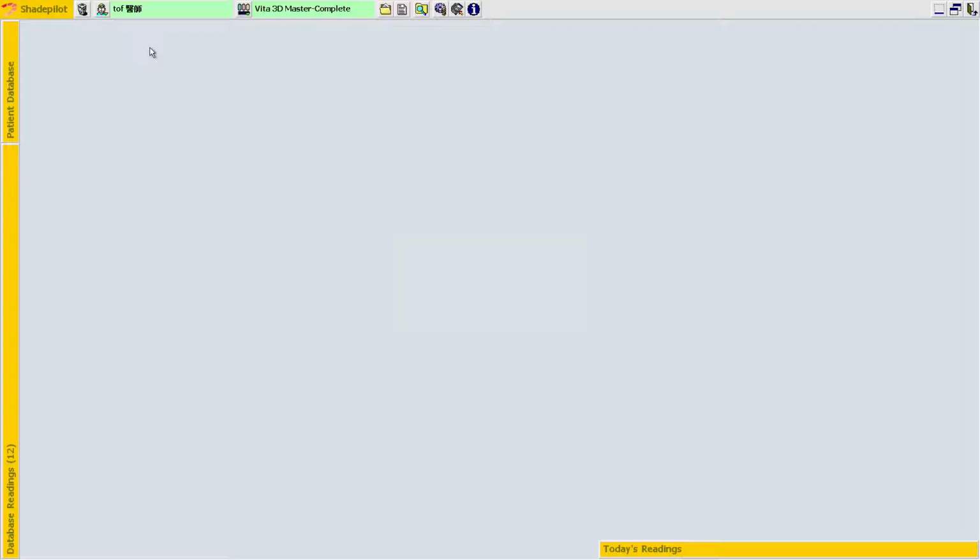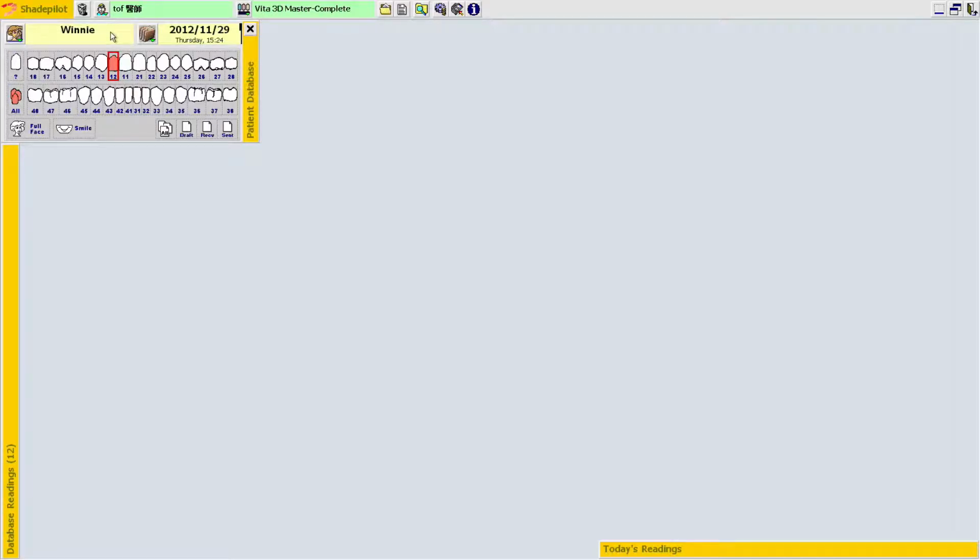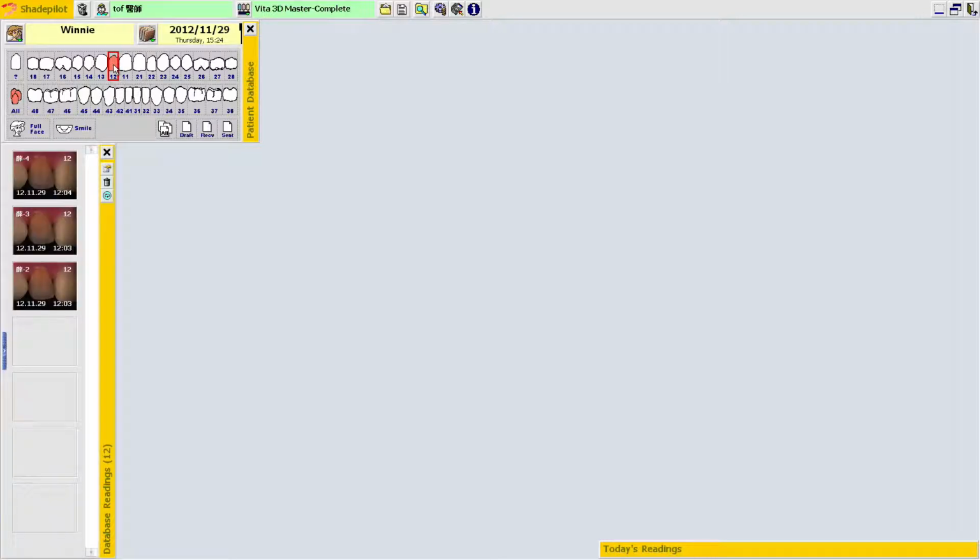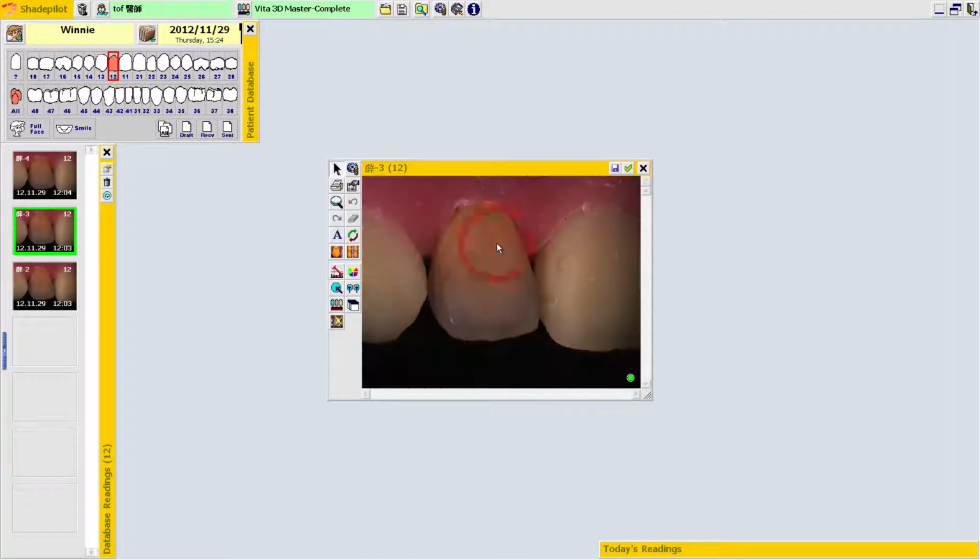Now, let's open the patient database usage bar, which is over here. Click here, and here is our patient for today. Her name is Winnie. Winnie had a crown on her right upper lateral incisor. First of all, I will drag one of the images over here. This is the image of the finished porcelain crown, and the crown was placed on the shade verification cast,